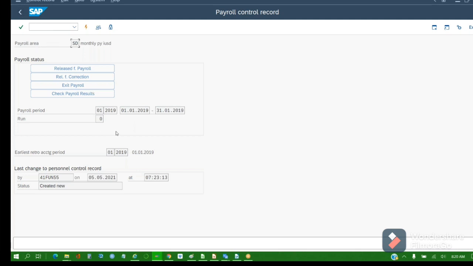Wait for a second. What you can see in the control record. This is very important, Rinkuji. So the control record controls the entire payroll activities. So what you have in the payroll status: payroll release, correction, exit payroll, check payroll results, and the